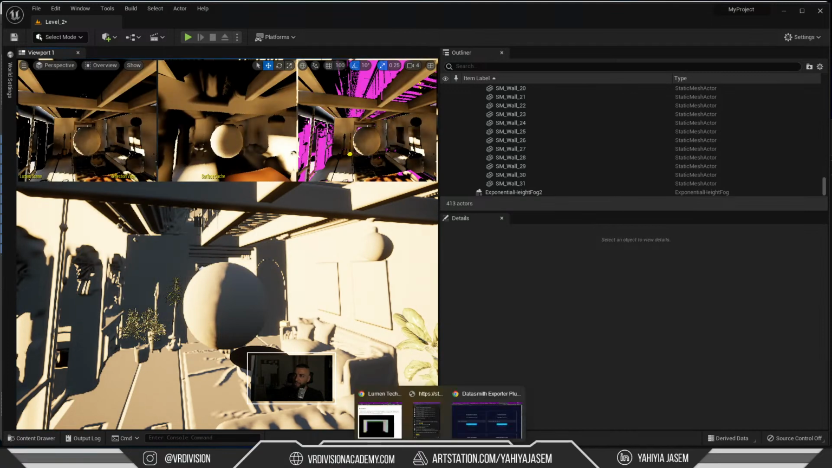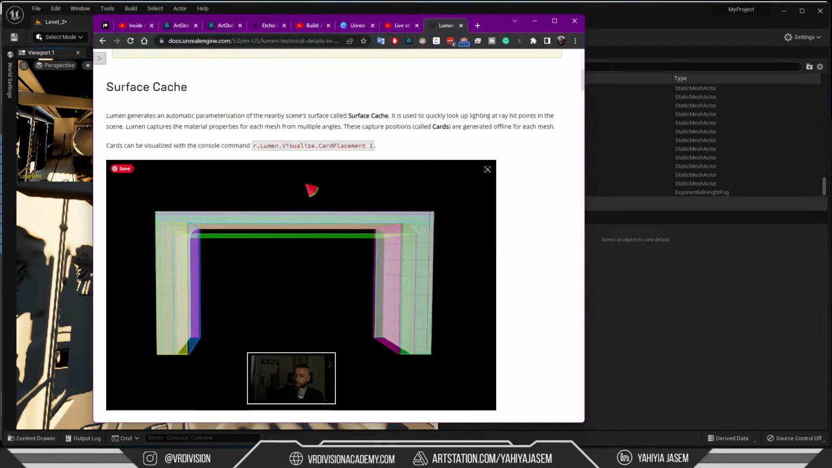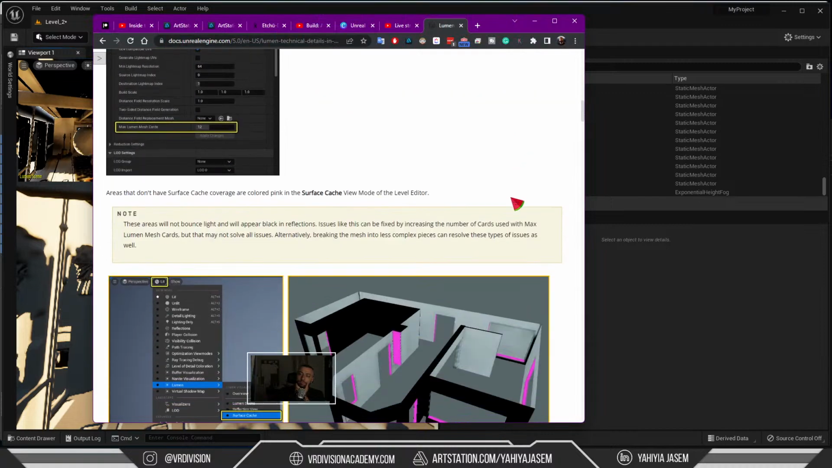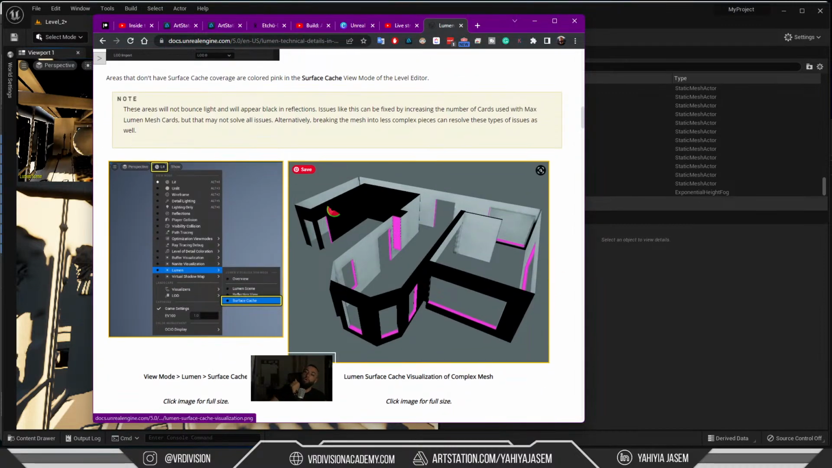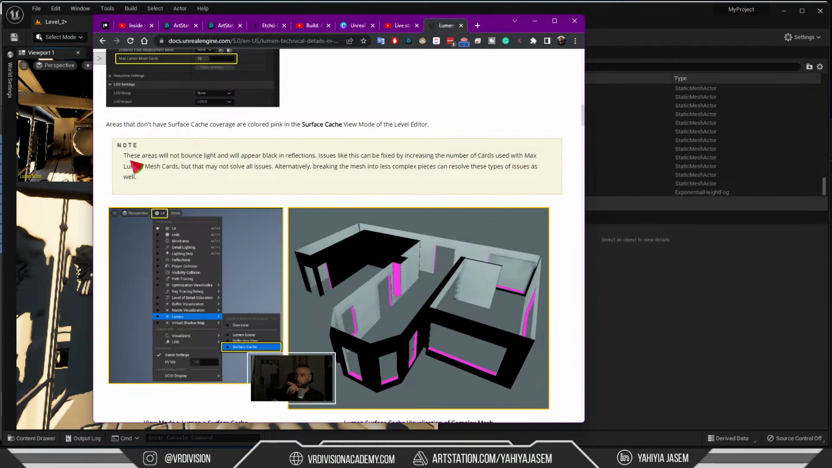And if you want to check the documentation, I think I shared the link earlier, you can read why we detach our meshes here. So these areas will not bounce light and will appear black in reflections. Issues like this can be fixed by increasing the number of cards used with max lumen mesh cards, and the number of cards we mean